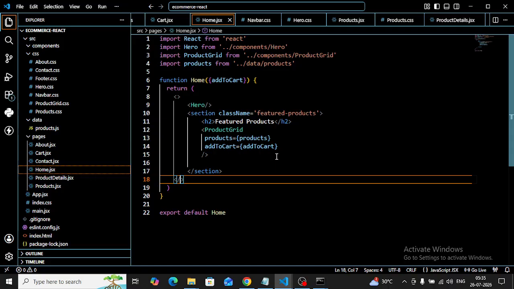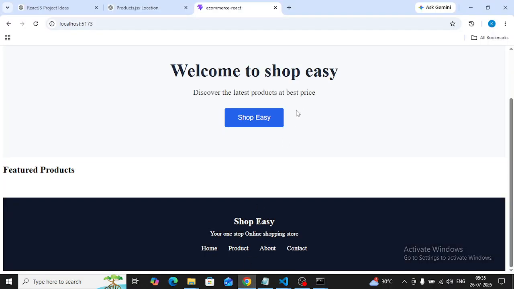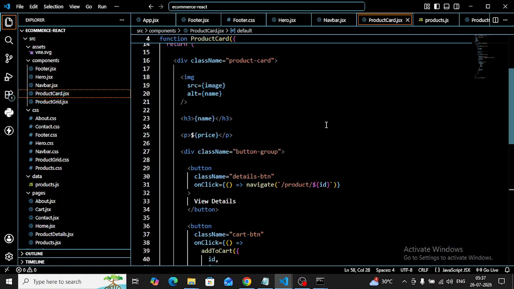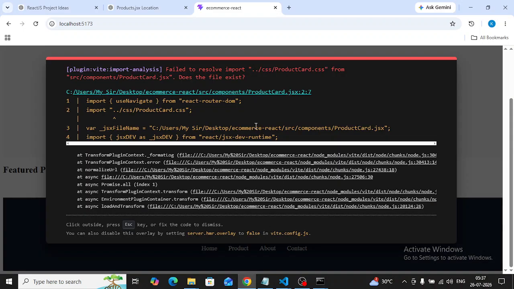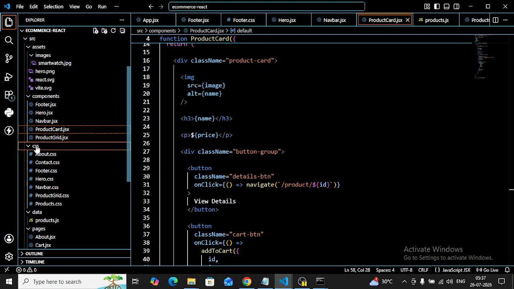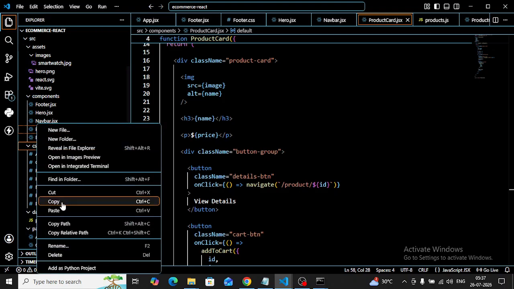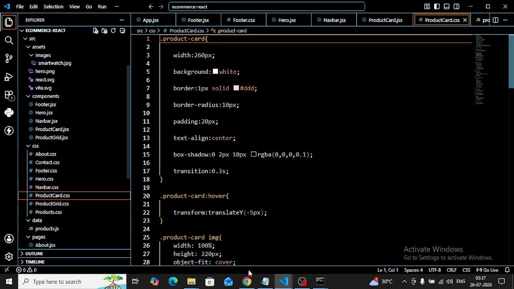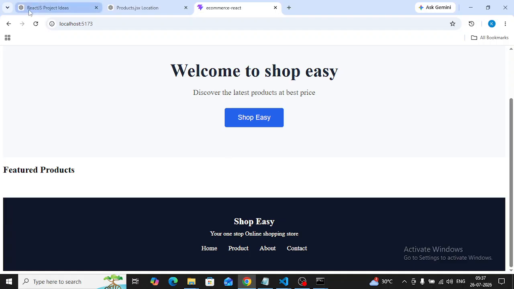Save here. Display the home page. Refresh. So if you open here, so we have a product card error here. Okay. So we will copy the CSS file. So copy the CSS file here. So if you refresh here,